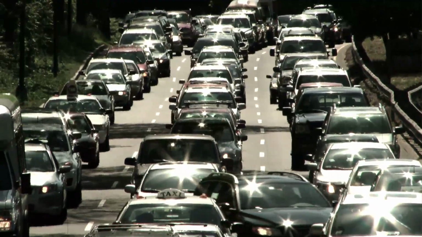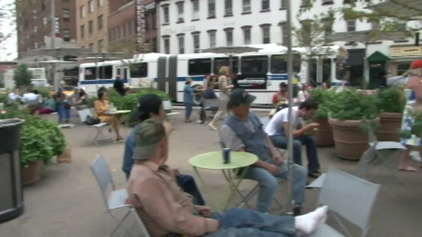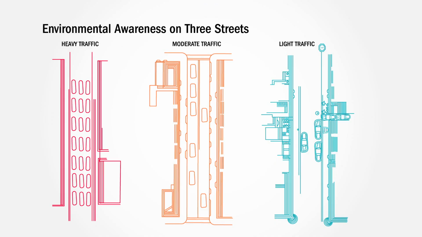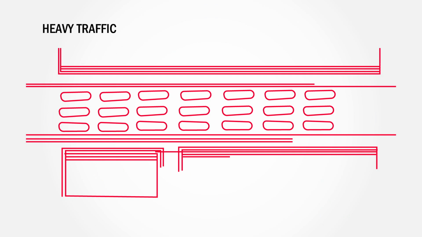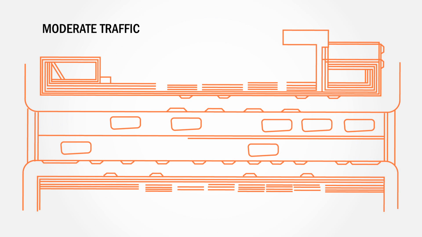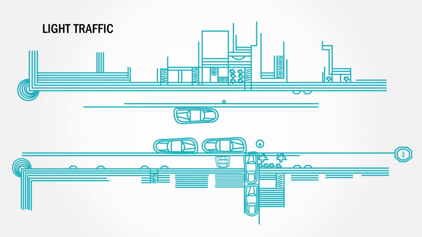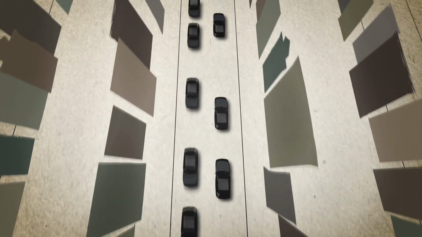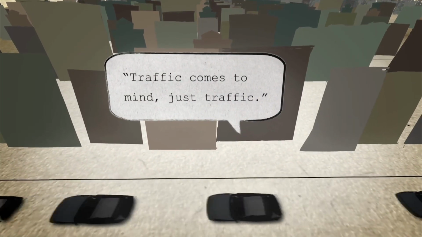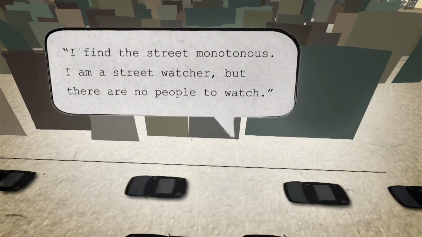The important part of the research was that it actually showed those senses that we have about our street environment. Another part of the survey that Donald Appleyard conducted with residents on these streets was that he gave them a blank map of their street and asked them to draw it. What he produced here are composite pictures indicating how many times each feature was drawn. On the heavily trafficked street, they just drew the entirety of the street with very little in the way of details.